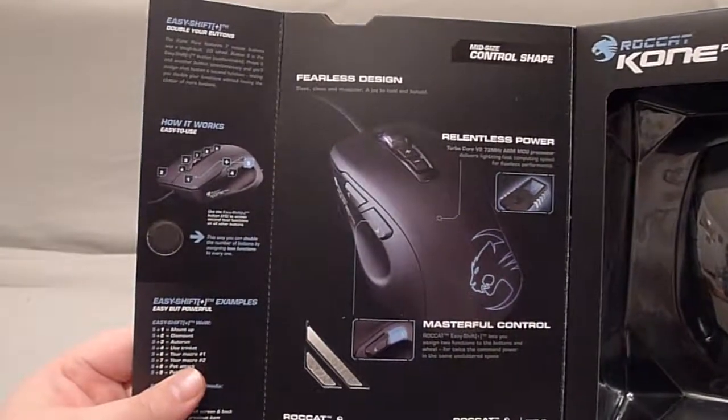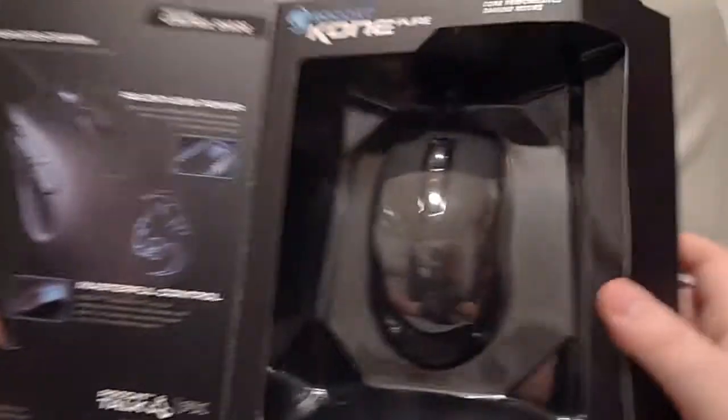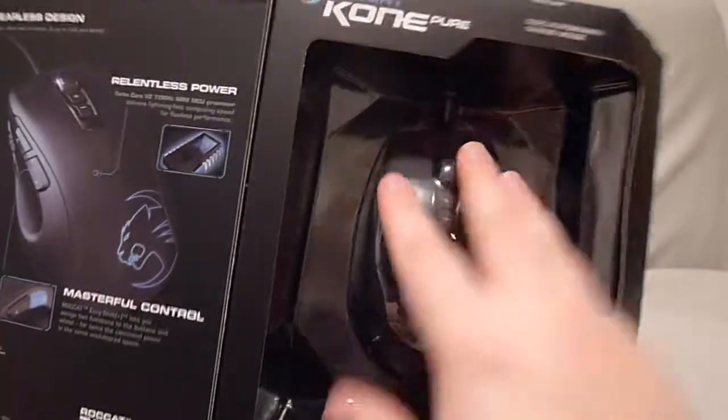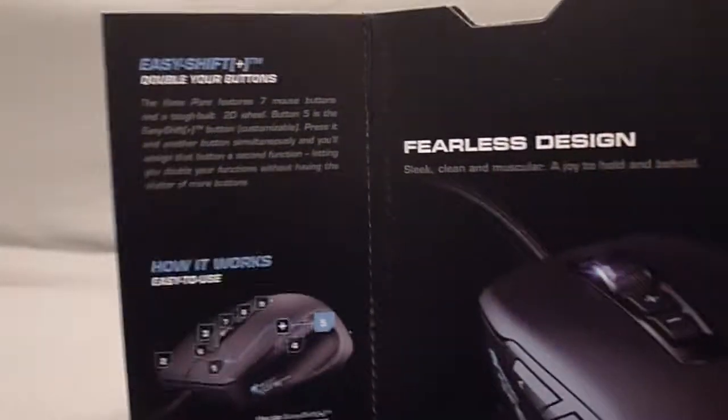A breakdown of all the features and the billions of buttons and everything, and you get to see it, but with a plastic force field. Okay, so what do we know? Yes, Easy Shift. Yes, so it says